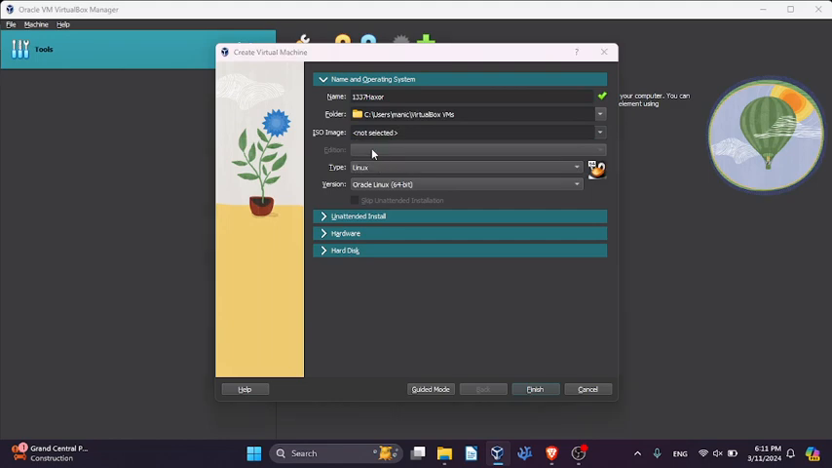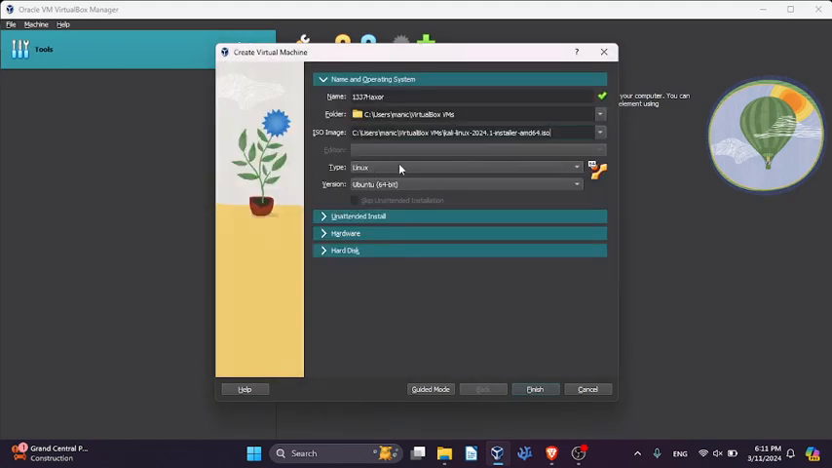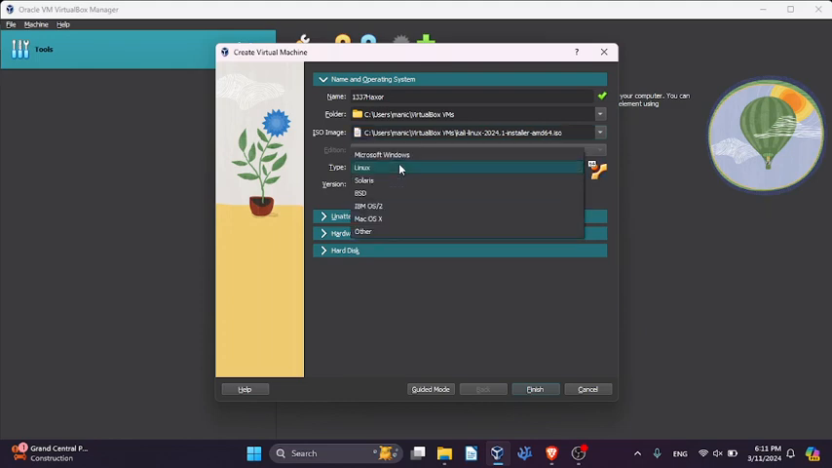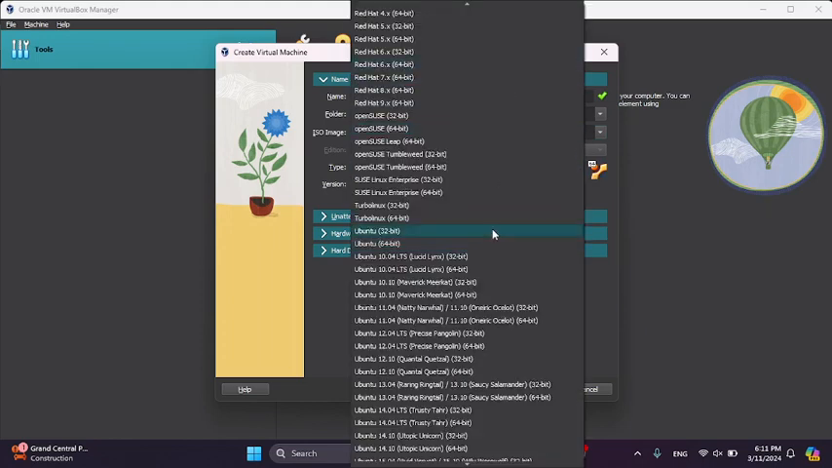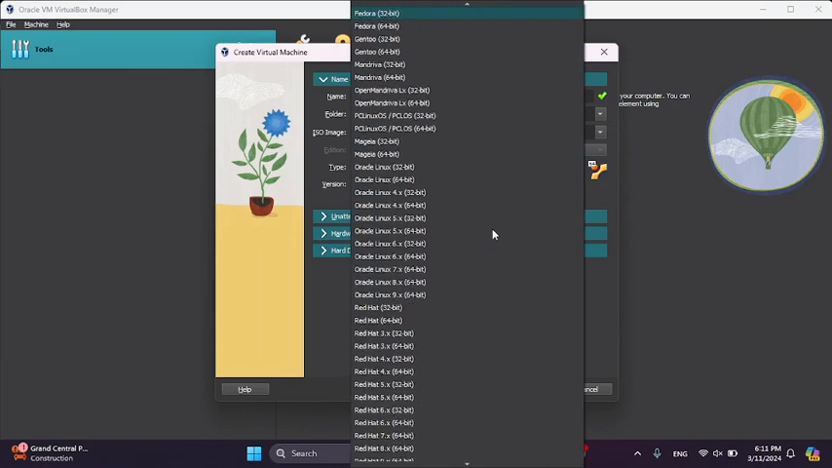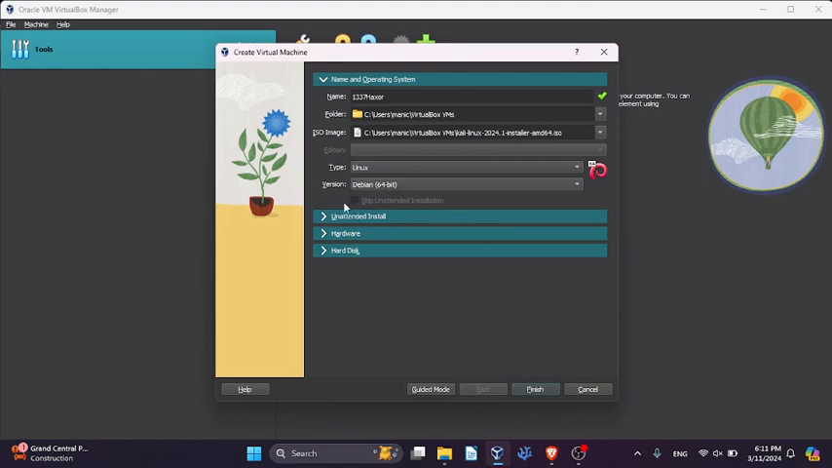So I'm going to go ahead and hit Other. Now for the type, you're going to select Linux and then version. Make sure you select Debian 64-bit. All right, so we're not going to be doing an unattended installation, so we're just going to jump straight to